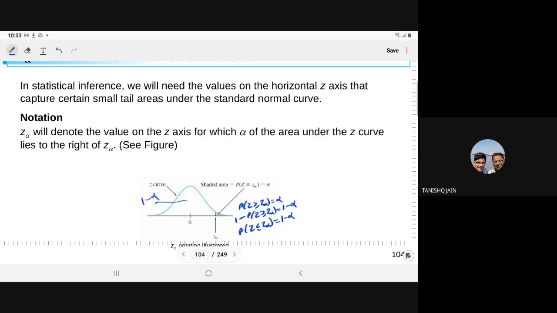Generally wherever we want analysis, we want it for the error. Error is always small, so error is always on the tail side. That's why we write this in the special notation, so that you can specify how much error we want to analyze.